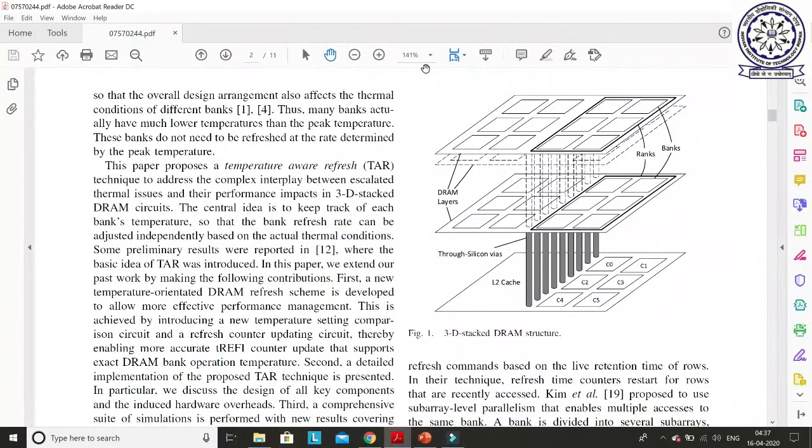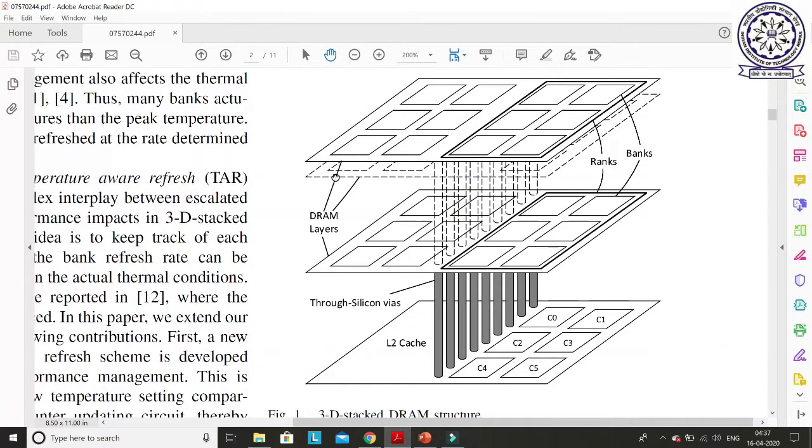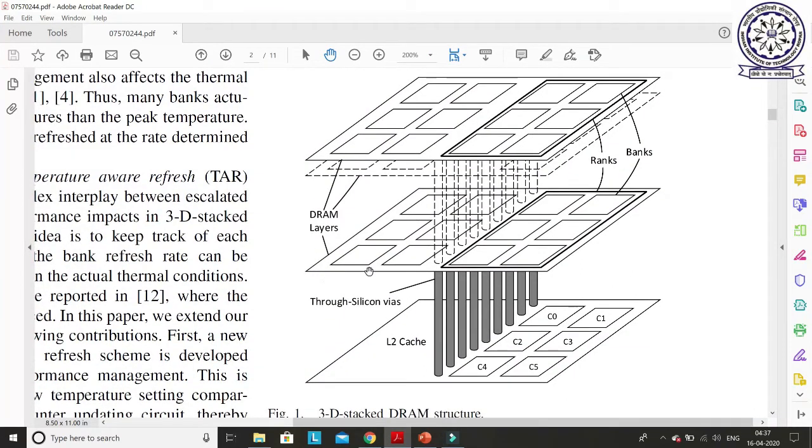This is a figure of the 3D DRAM architecture. Let me expand it. This is the 3D stack DRAM structure that is mentioned in this paper. There are three layers in this 3D chip, or 3D IC. This is the bottom layer. The bottom layer has all the cores as well as the private L1 caches, and the L2 cache is also there. This is a complete NUCA architecture that we have discussed in class. On top of that, you can see there are some upper layers. These layers are all DRAM memories, and all these layers are connected with some vertical lines called through silicon vias. I already explained all these things in class.